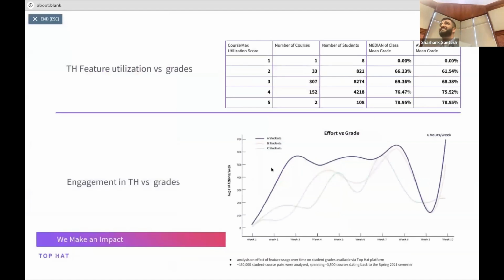And you might say, all this is great information, but how do we know this works? So on our end, we have done some research. We have actually collected data. This is data from Georgia State University, where we analyzed over 130,000 students in approximately 3,500 courses in the spring 2021 semester. And what we noticed is when students interact with Top Hat features early and often, they tend to